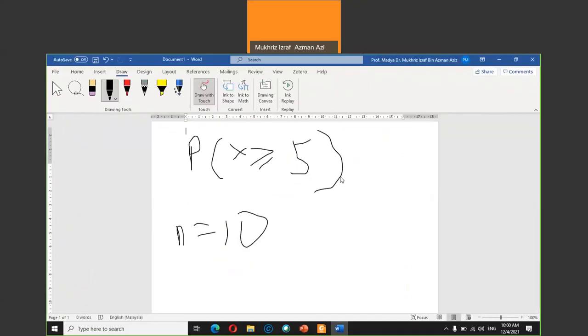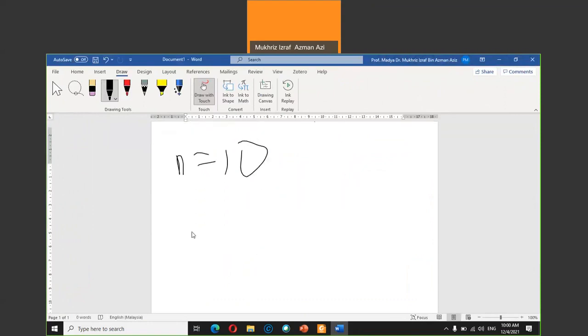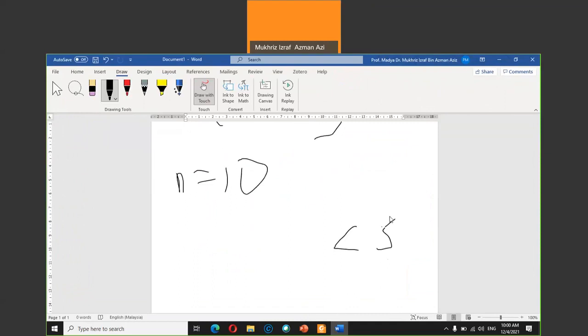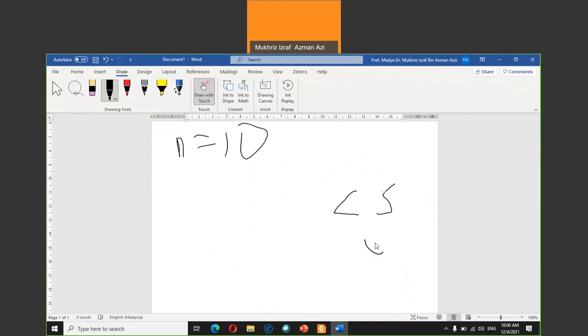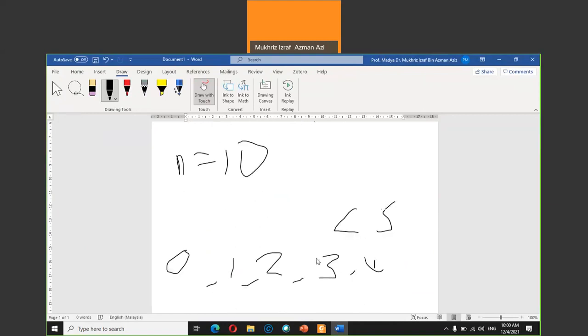So what you do not want is 4 and below. You want 5 and above, so what you do not want is less than 5. This is just simple mathematics using the more or less than sign. What you do not want is less than 5, meaning 4, 3, 2, 1, and 0. Always start with 0, because in a discrete distribution it can start from 0. So what you want is 5 and above, and what you do not want is 4 and below: 0, 1, 2, 3, and 4.